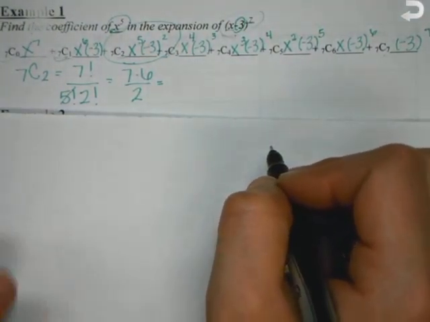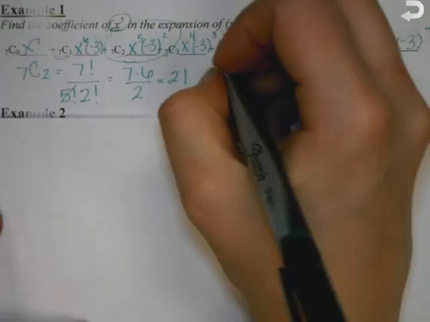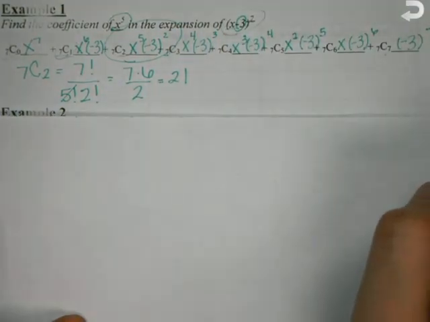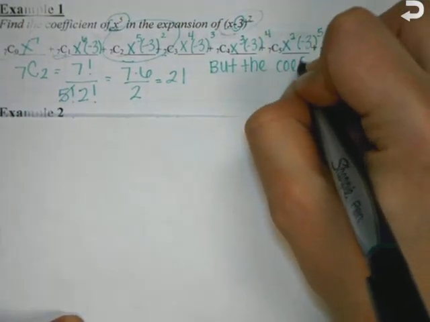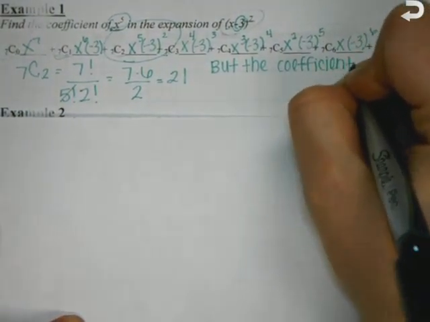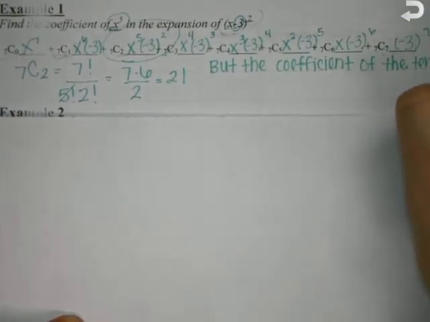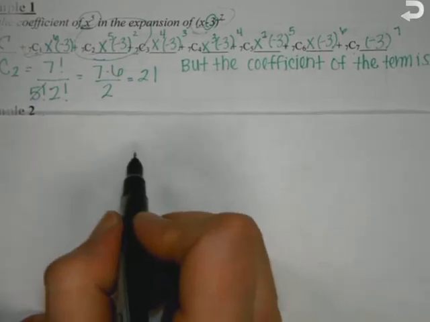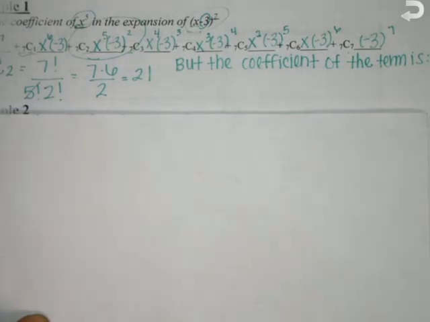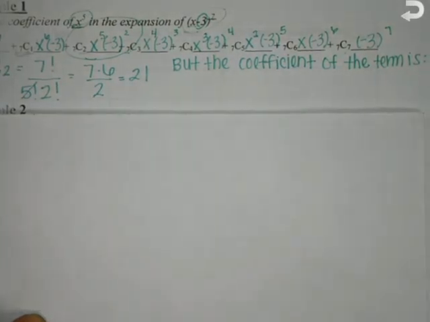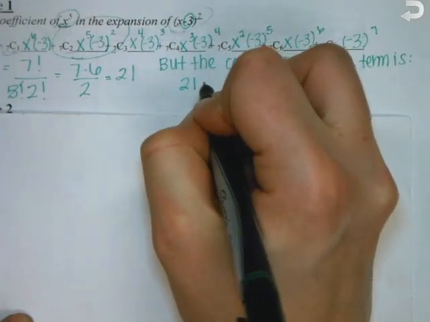Okay, now that's not our answer, because the coefficient of the term is, we have to take the combination that we just found and plug it back in, because there's a negative 3 squared in there, right? So that's actually going to change our coefficient when we multiply it all out. So the coefficient of the term is 21 times x to the 5th times negative 3 to the 2nd, so I just plugged it back in,